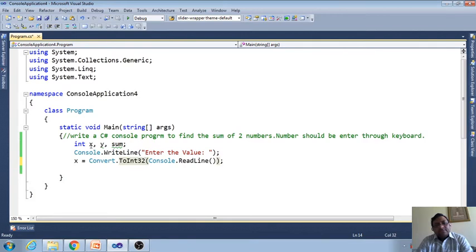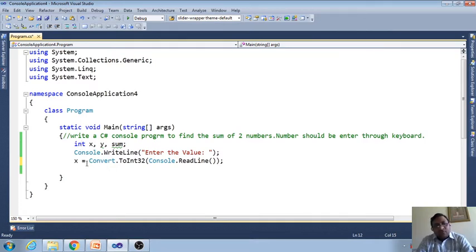Our data type is integer, which means that variable only stores integer data. When we give any data from the keyboard, that data becomes a string. And if we store string data in an integer data type, we will get an error.